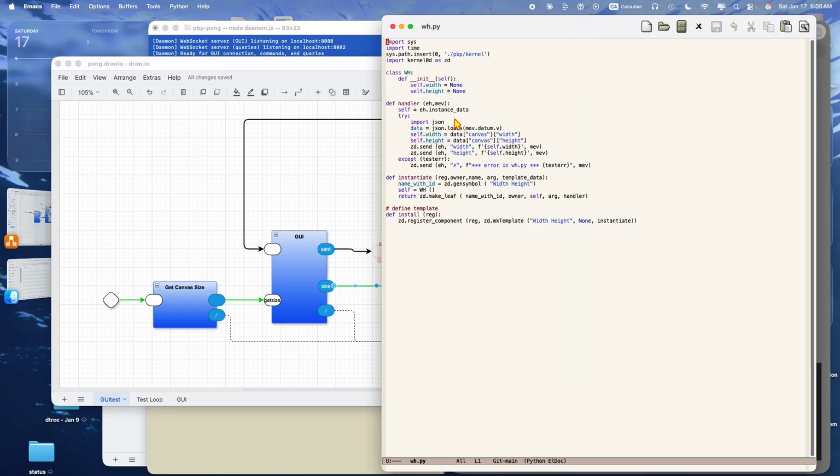In Python, we need to define 3 routines: the installer, which installs a template, an instantiator, which takes the template and makes a unique instance of it. That's like taking a template is like a class, an instantiator is like doing a new on a class, and then there's the handler, which accepts